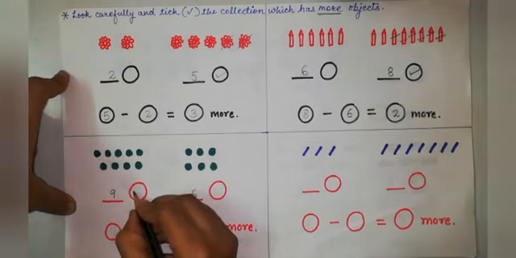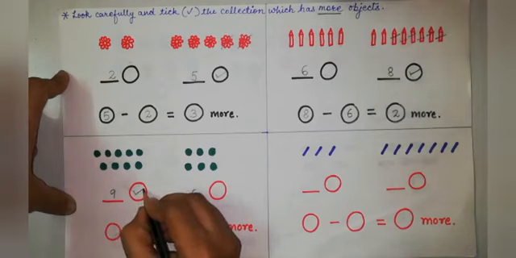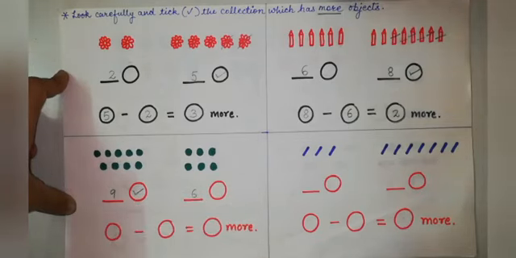Yes, left side. So we will give tick mark on the left circle. Now, we will write the greater number in the first circle and smaller number in the next circle. Again, we will use the cross out method.